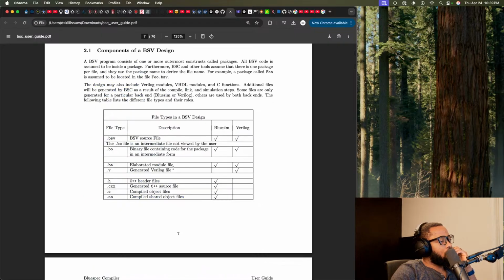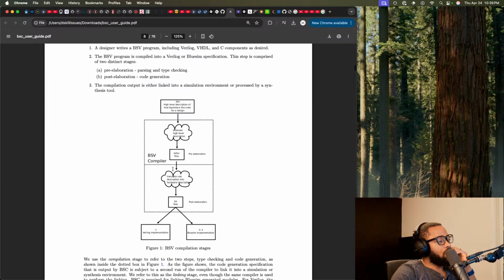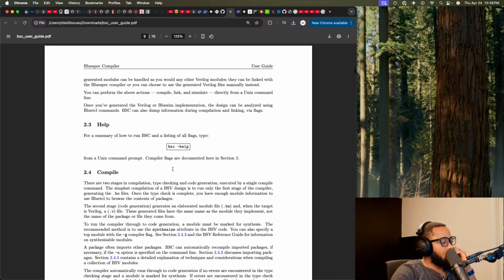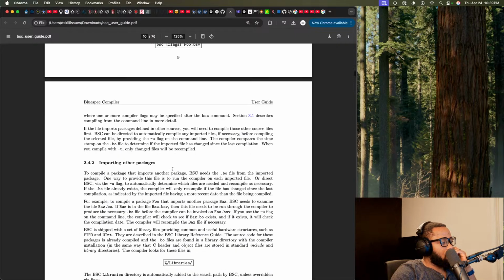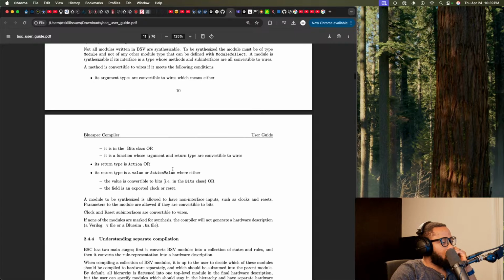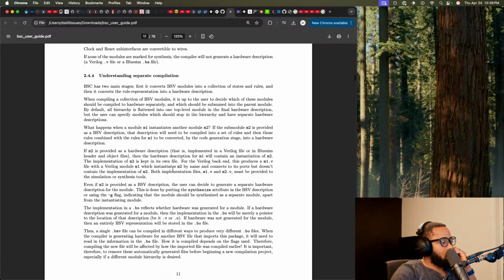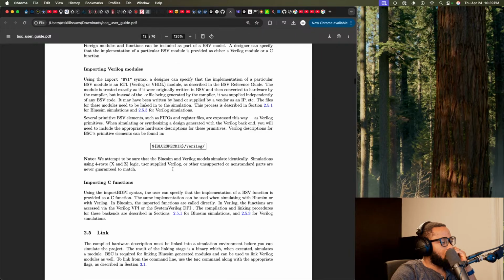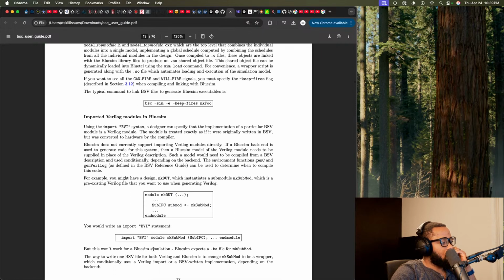Components of a BSV design. I just kind of want to see the design of it all. Okay, module and module.